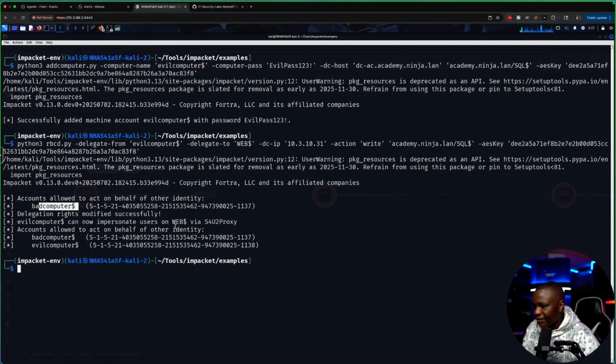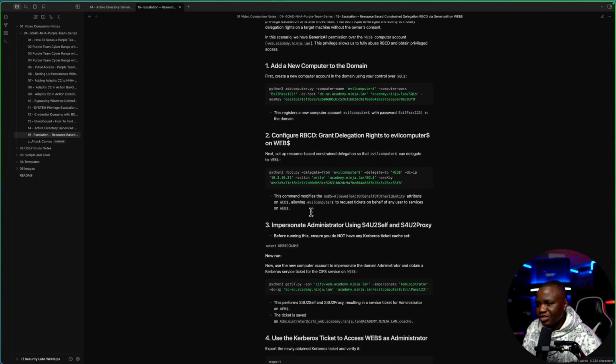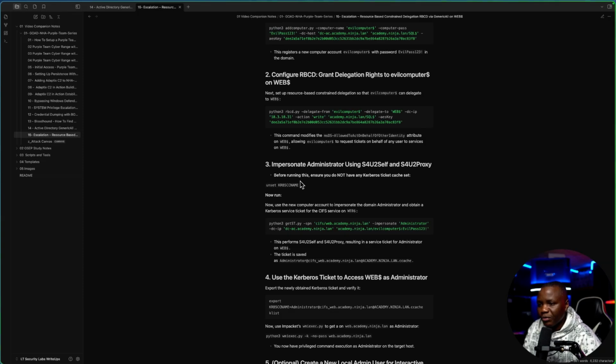And this was added via S4U proxy and allowed to act on behalf of identity. So bad computer, and we also have another one called evil computer that I had added in testing. So other computers can be allowed to act on behalf of other computers, so like by proxy. So now that this machine can act on behalf of another computer, first let's unset our